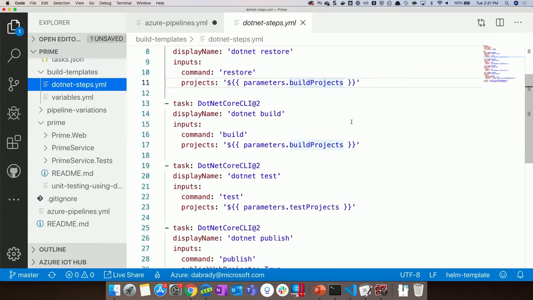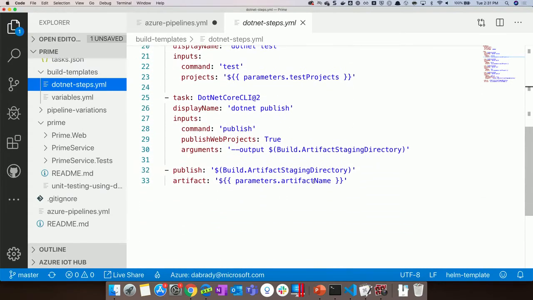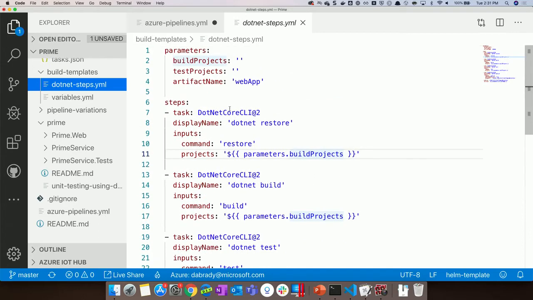We do .NET Restore, build, test, publish, and then we're using these parameters that we surface up the top so that you can say, just run this template, and here are the parameters that you need, which means that you can have consistency across your different builds. You can even have these templates in other repositories if you want to have a dependency on a different repository. And so you can standardize those across your builds as well. So that's a really handy way of doing things like that. So that's going to make it easier to use, but it's not going to make it faster to run.